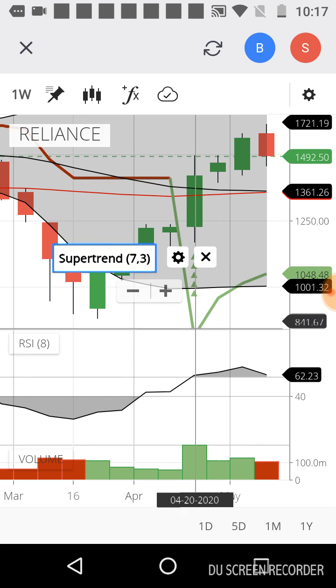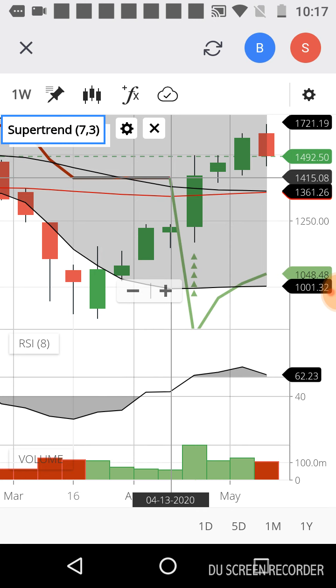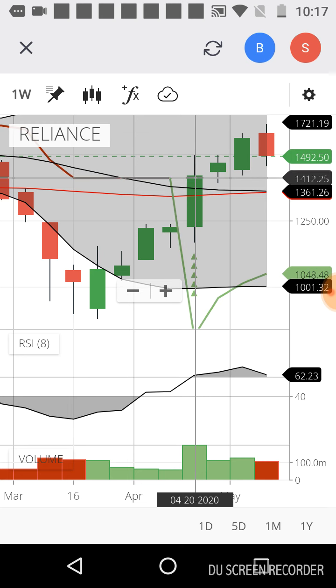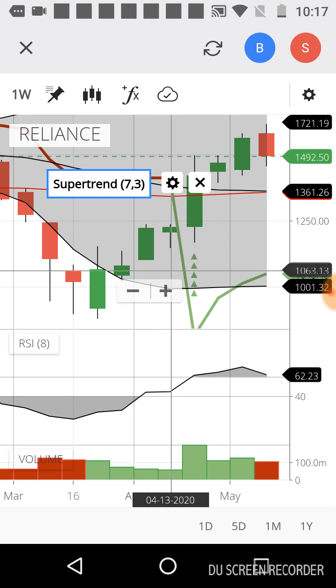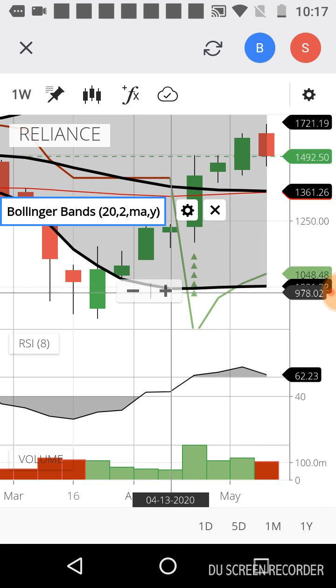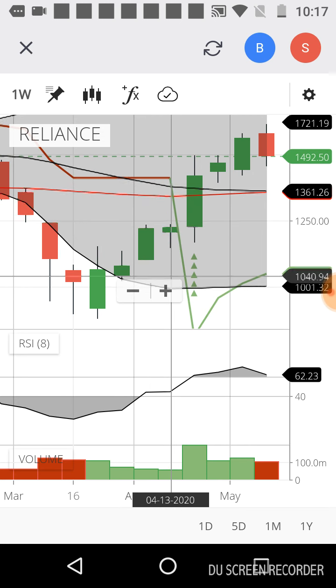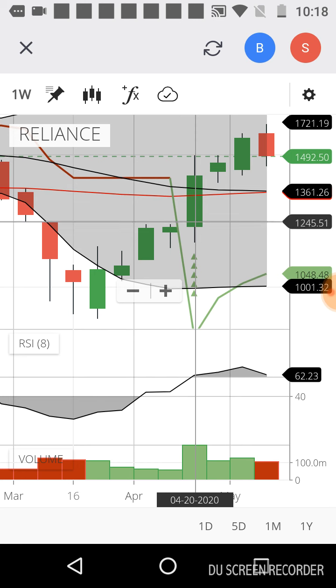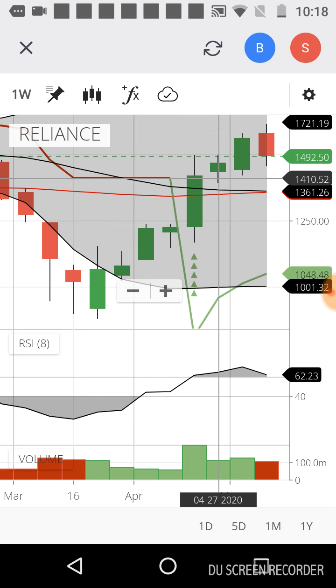And for super trend, if the stock price is approaching the super trend line, then there is a chance of the stock price increasing. So these are some of the parameters which will definitely be useful while doing intraday trading. Just go through and do research on each parameter, and then decide which way you need to trade. In the coming videos I will add a more detailed explanation about each parameter.